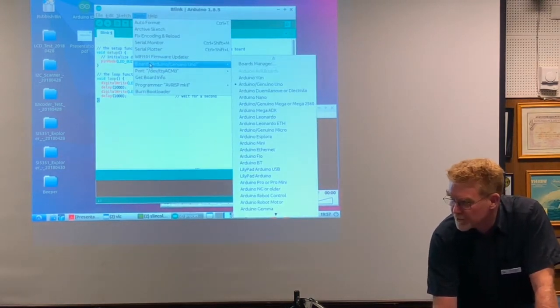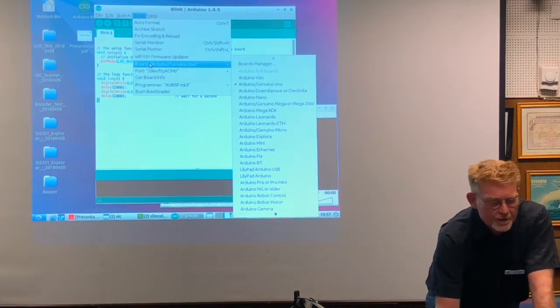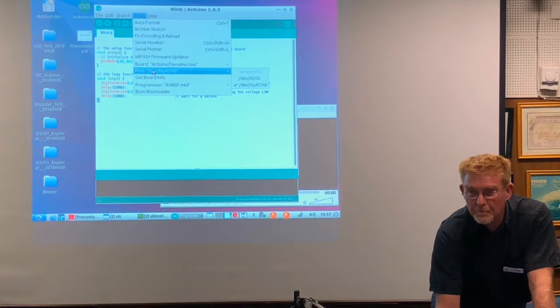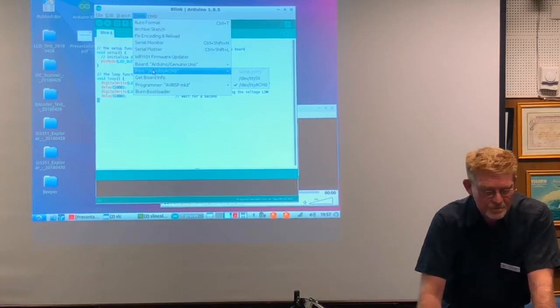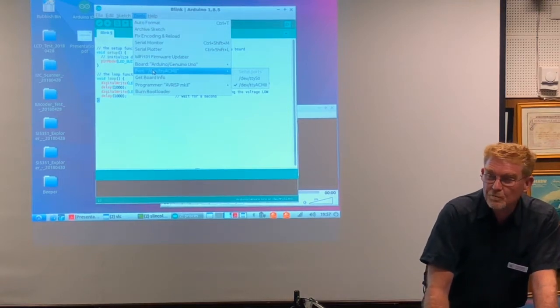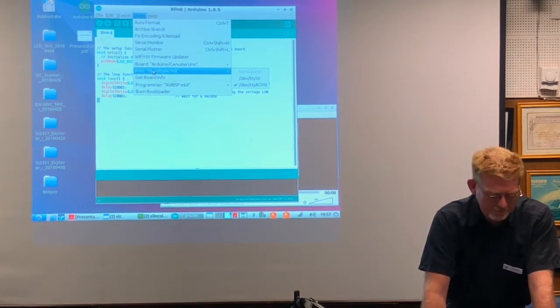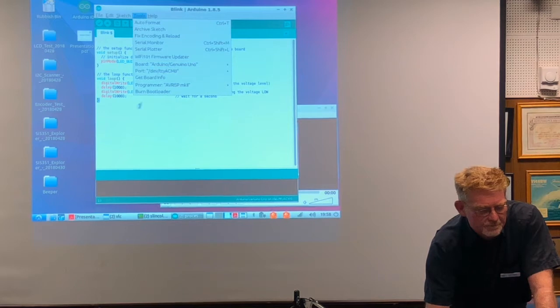It's on port ttyACM0. Now, this can sometimes be a bit of a pain to work out where they are. The IDE does at least list where the real ports are and have a stab at it. So if you can't find it on one port, just try another one. Don't panic, it'll be there eventually.